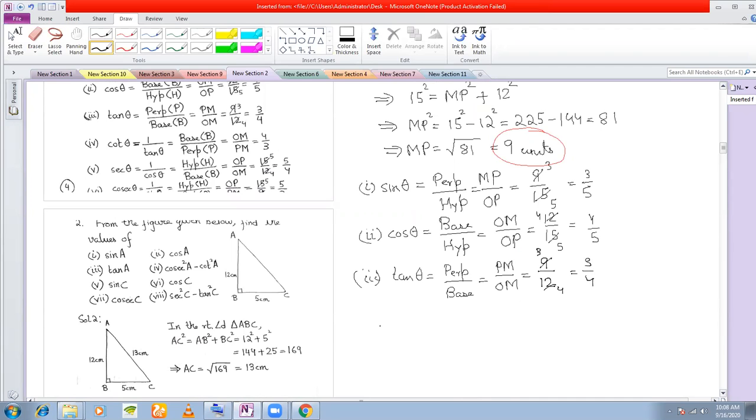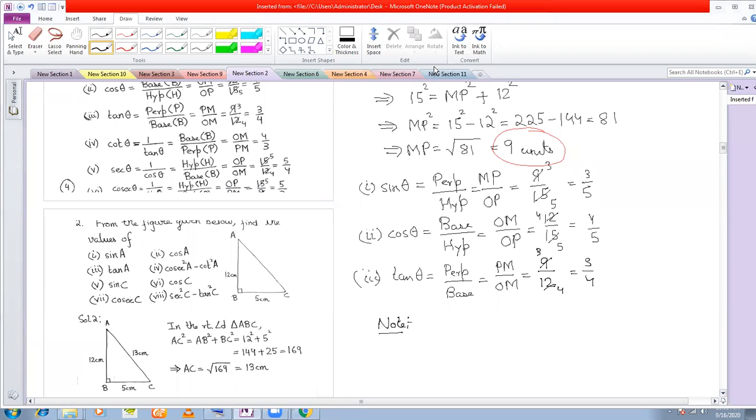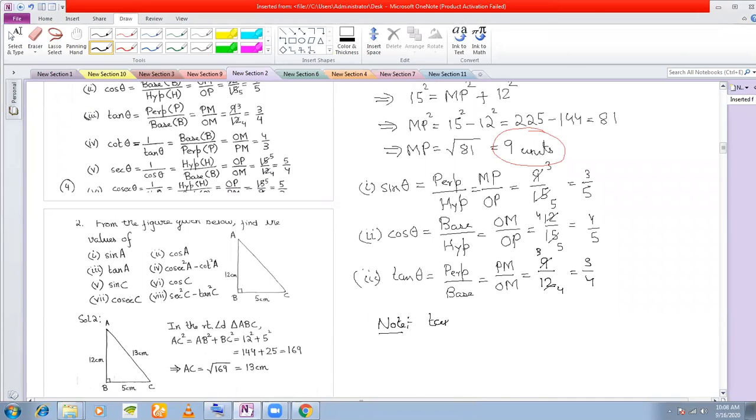What you must note here is, since tan is the ratio of sine and cos, once you have got sine and cos, you can calculate tan theta also in the following manner. Tan theta is equal to sine theta by cos theta. Even if you're not using the perpendicular by base ratio, you can use that tan theta is equal to sine theta by cos theta. And sine theta we had calculated as 3 by 5, and cos theta as 4 by 5. So this 5 and 5 will cancel, and you ultimately get 3 by 4. Tan can also be calculated in this manner, but for the time being, we'll stick to this method.